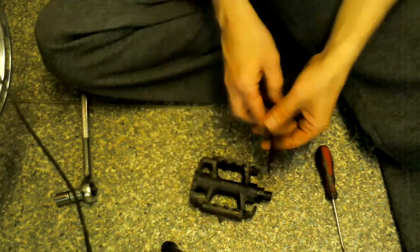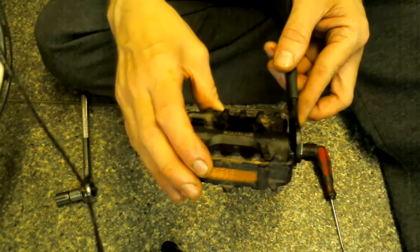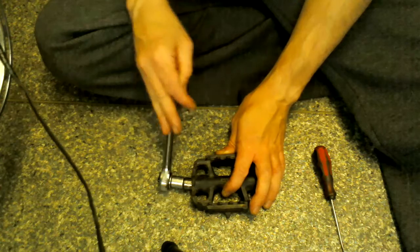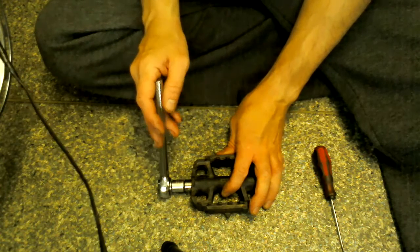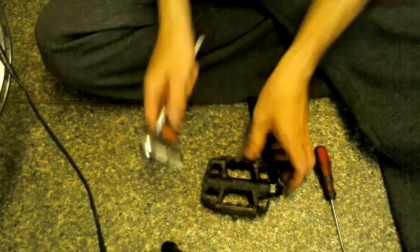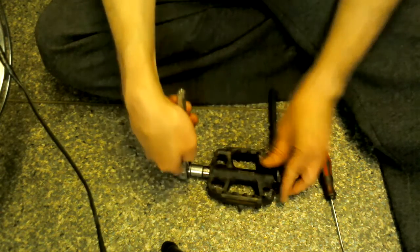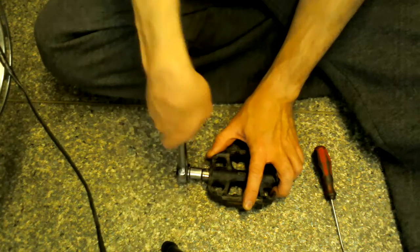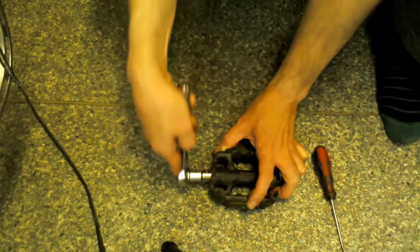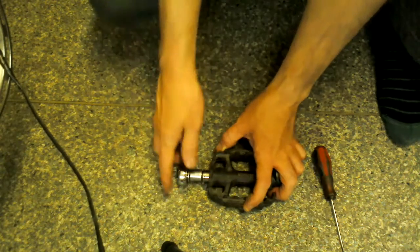And what I like to do is get the spanner, put it on the back nut like that, like so, and then get the socket. Now I'm trying to think, you want anti-clockwise to undo it, so hopefully this is an anti-clockwise one. The other one was anti-clockwise, but you never know with things like pedals. One's going to go one way and one's going to go the other, so let's get this on here and try to get it at a good angle where I can sort of try not to punch the floor